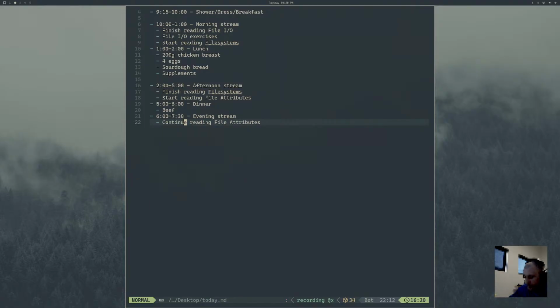So we had file IO buffering. I guess they had file IO originally in chapter 4 or 5, and they broke it up with a bunch of other stuff. But then they go into file IO buffering, file systems, file attributes, extended attributes, access control lists, directories and links, monitoring file events. So we have to get to chapter 20 before we start getting into something new here, which is signals.